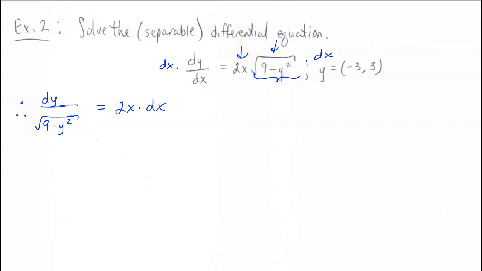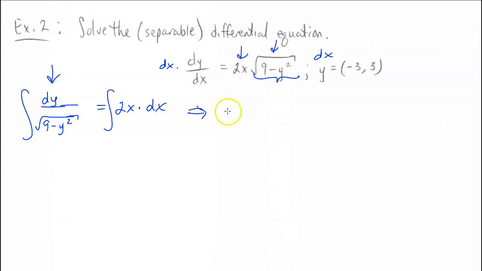So now that I have that, the next thing that I can do is integrate both sides with respect to y on the left and with respect to x on the right. Okay. So if I do that, then of course the right-hand side is easy. The left-hand side depends upon whether you remember your inverse trig antiderivatives or not. Okay. So in short, what this ends up being here on the left-hand side, when I do this, this is